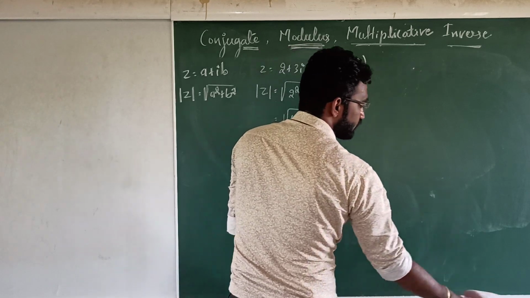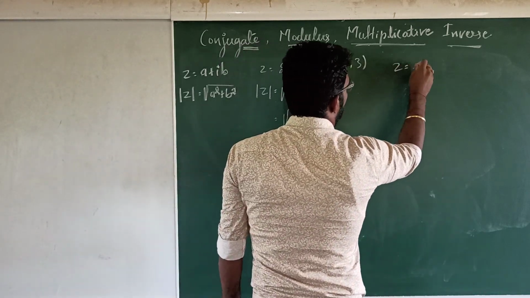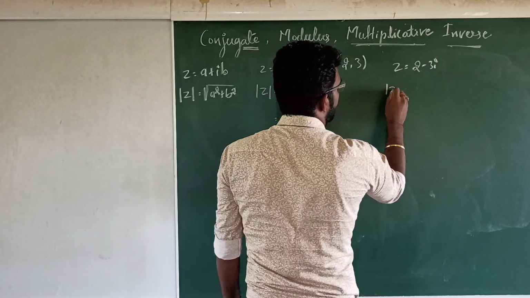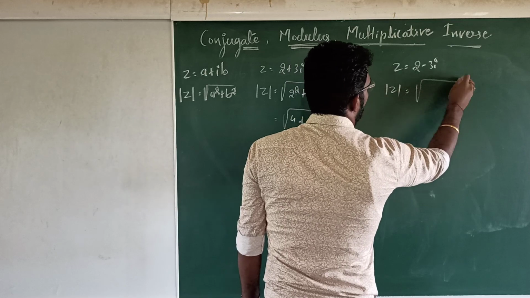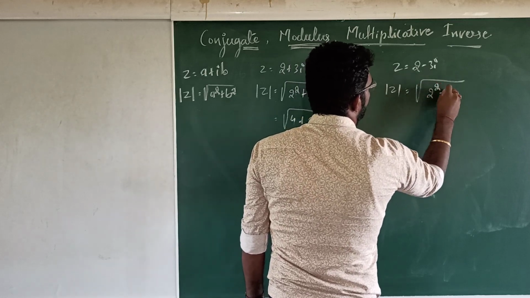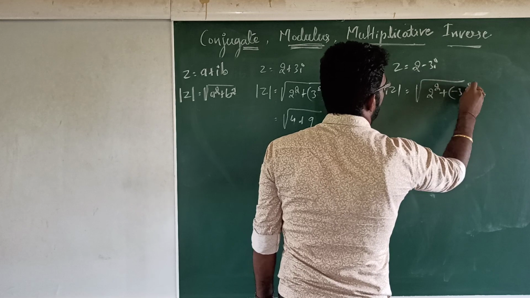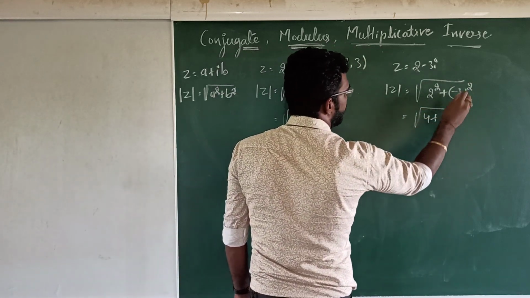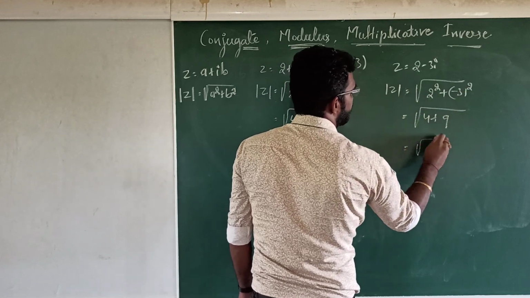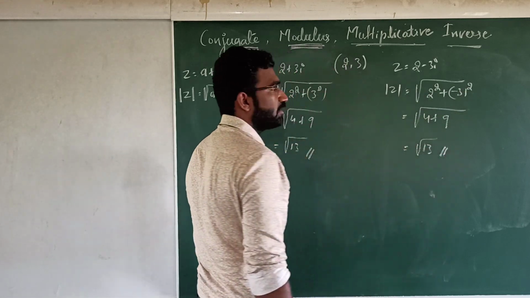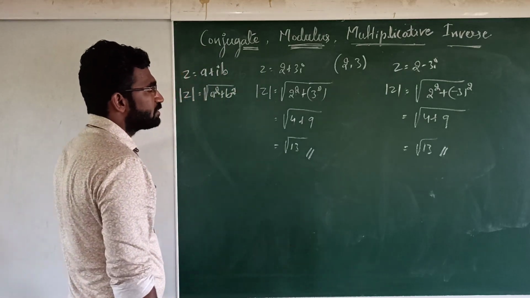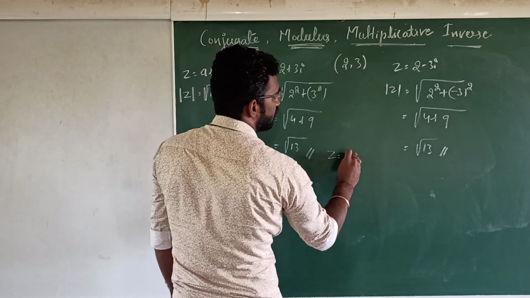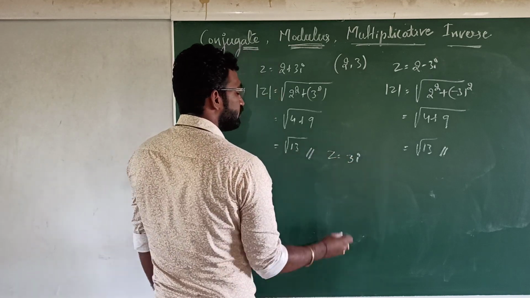If z equals 2 minus 3i, how to find the modulus? Modulus is denoted by mod z, so just the square root of the real part squared plus minus 3 whole squared. 2 squared is 4 and minus 3 squared is 9, therefore root 13 is the answer. So simple, you can find any answer you want. I am going to write one more example. z equals only 3i, how to find it? Simple it is.